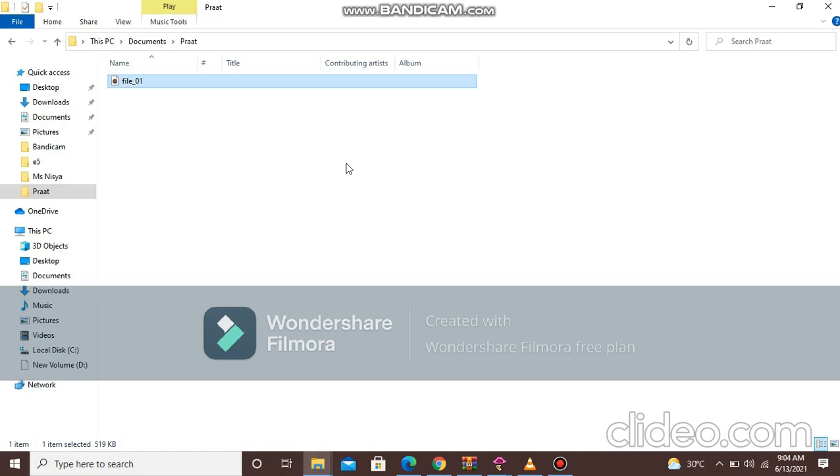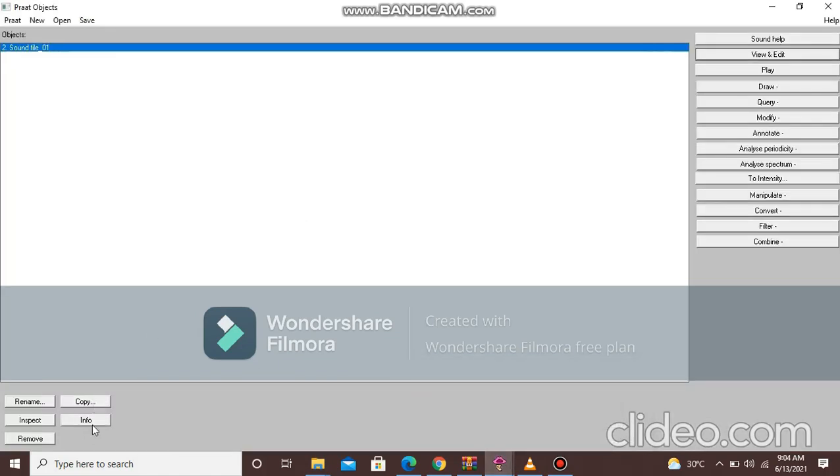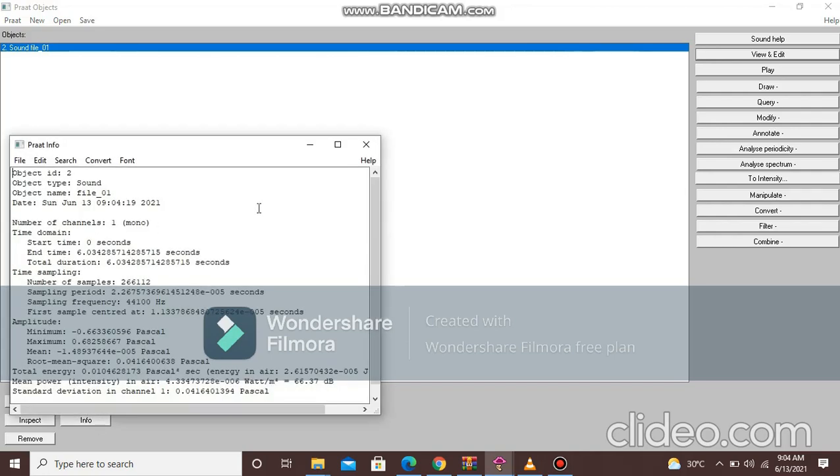In order to receive more information on a sound object, click on this object. So this one, we will try to find out the info like this. Actually in here, Praat already gives the info of this object: the object ID, type, name, and when it was created. Now the time domain: start time 0 seconds, end time 6.0, total duration 6.0 seconds, time sampling, even the amplitude, total energy in Pascal squared seconds,